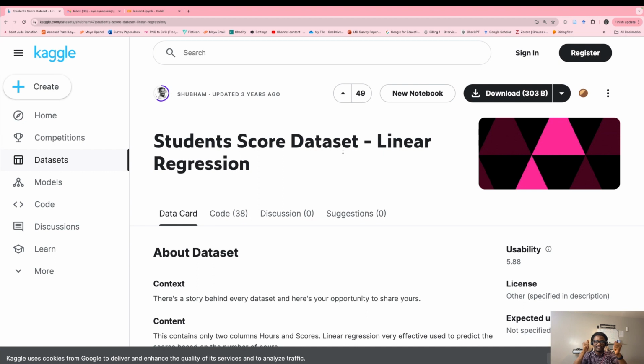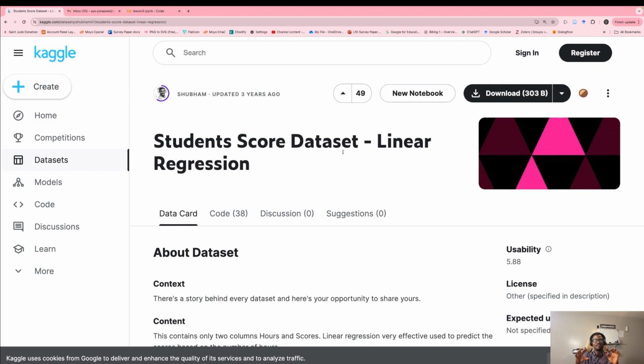So this data set is trying to say: is there any relationship between the study hours of a student and the score that the student will have in the exam? This data has a list of all study hours and the score that students would have if they study this amount of time.